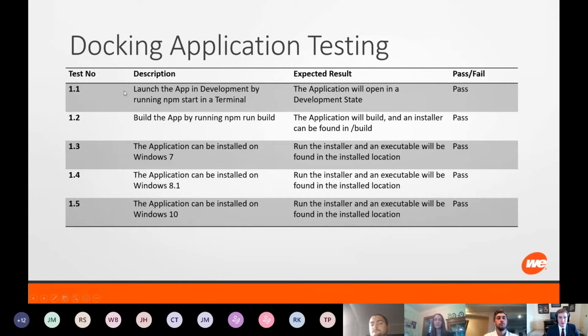Each test is divided into some section, so this is for launch. Then each test is given a test number, along with a general overview of what each test should do, the expected results of the test, and then pass or fail, handling whether it worked or not. This helped us track and record the different issues that we were faced with throughout all of the development, as well as the things that we should return to when we had the opportunity